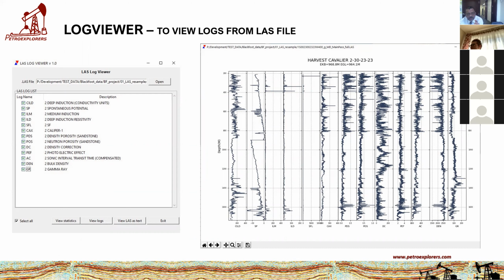Are they really DT or these? So that's a log viewer which can work and tell you the data. This log viewer is only for the geologist to look at sporadic logs. You're not going to look at 50,000 logs or 5,000 logs. You are going to take these